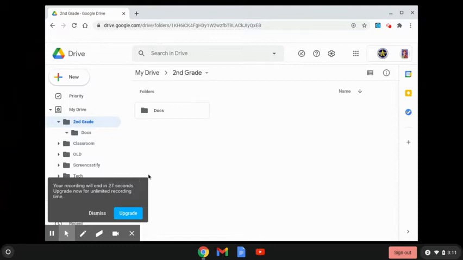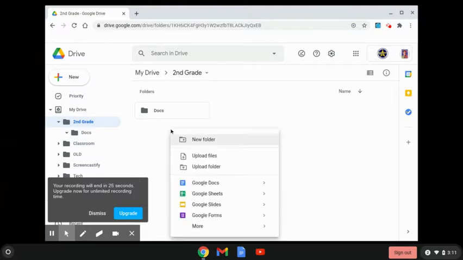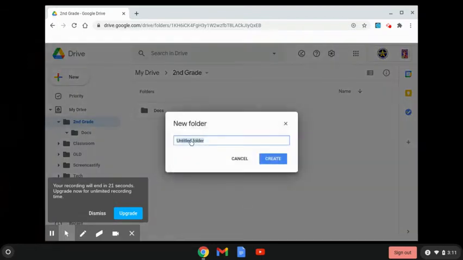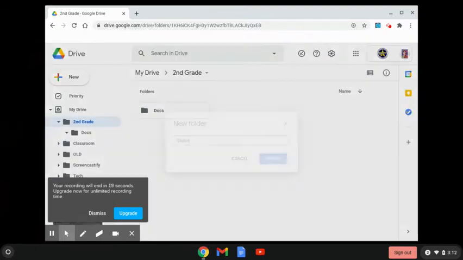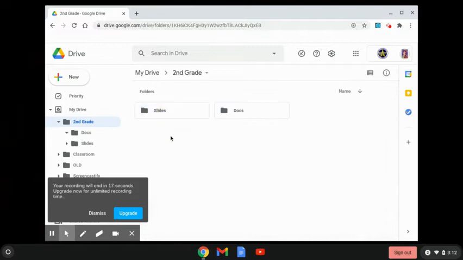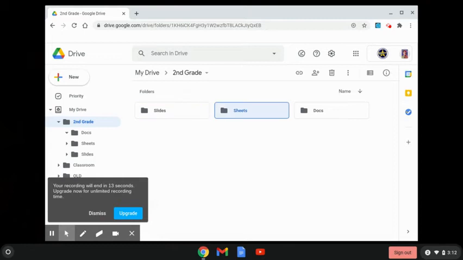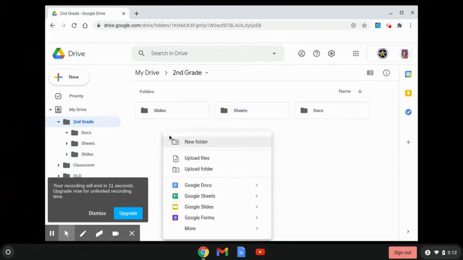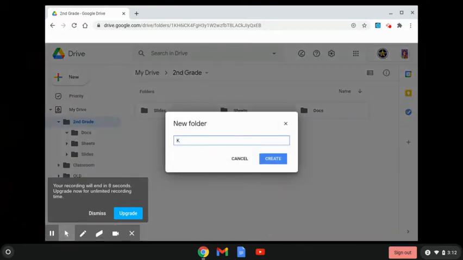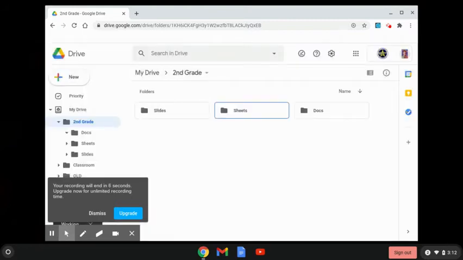So what I want you to do is create, and by the way, I could also two-finger click here in this white space, one for slides, one for sheets, and one for videos. Okay? So do that exercise, and then I want you